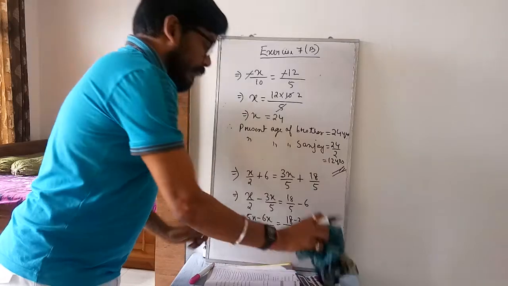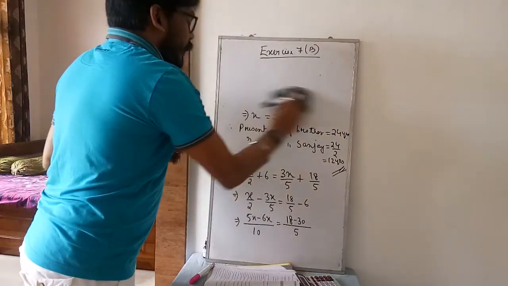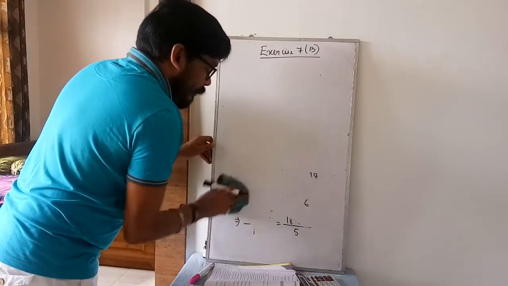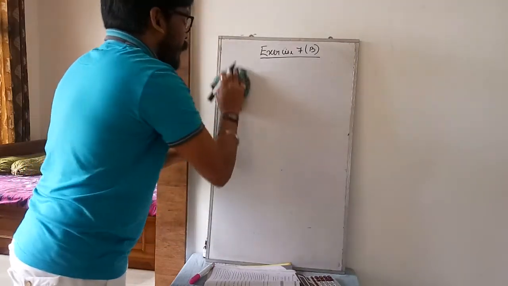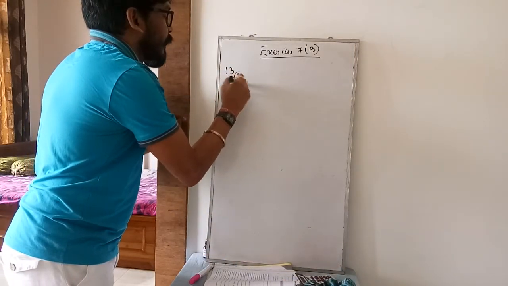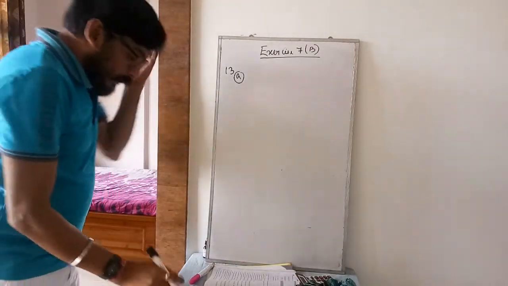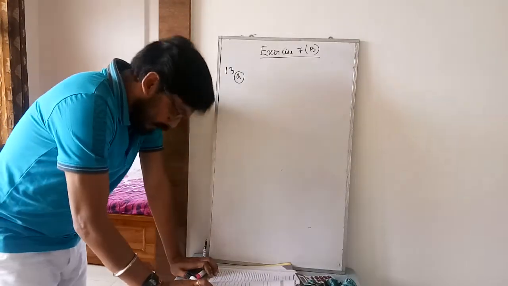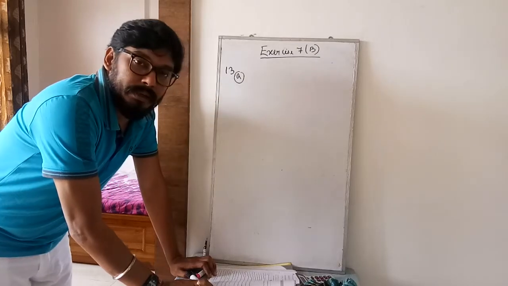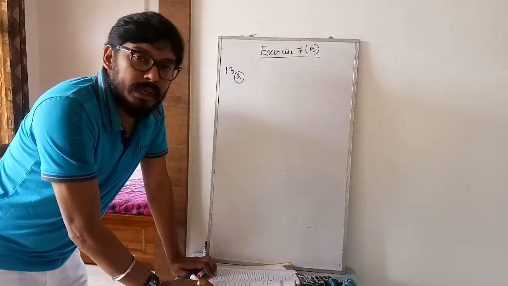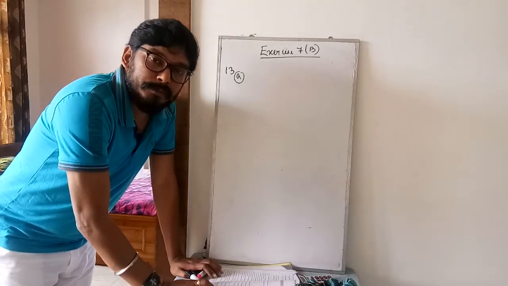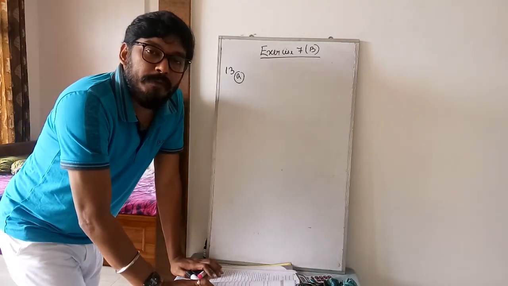Now question number 13. Along with the question a diagram is given, so you have to form the equation by taking the help of the diagram. Question number 13 has two parts. A: this is a rectangle whose breadth is given as 8 and length is x minus 5. If the area is 3x centimeter square, make an equation and find x. Here what is the area given? 3x. And what is the shape of the figure given here? It is the shape of a rectangle.